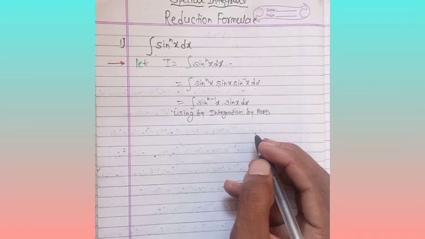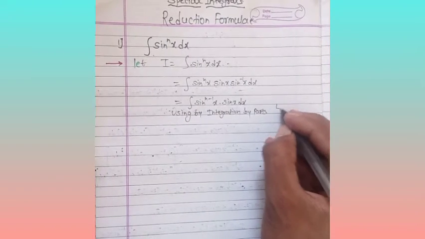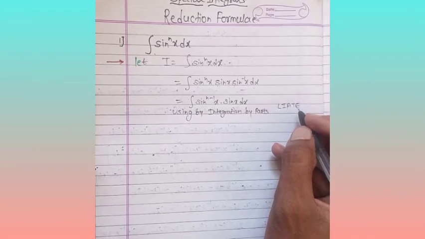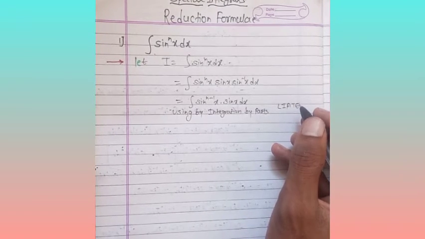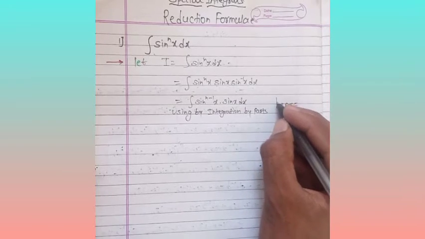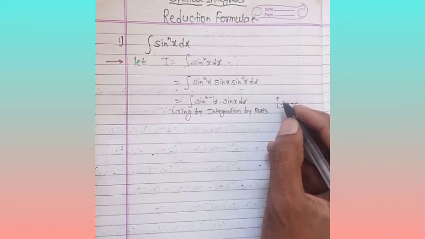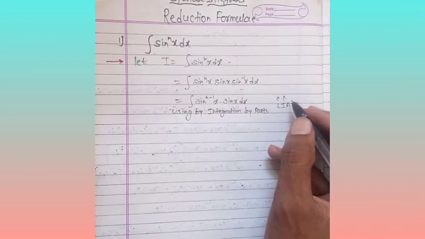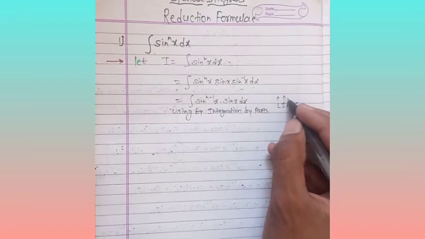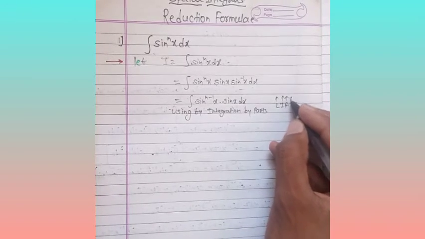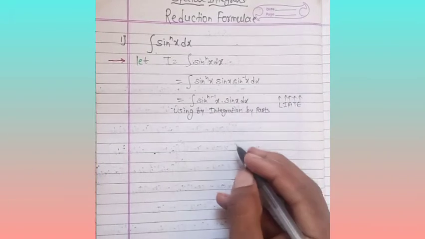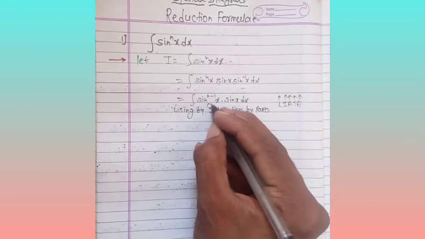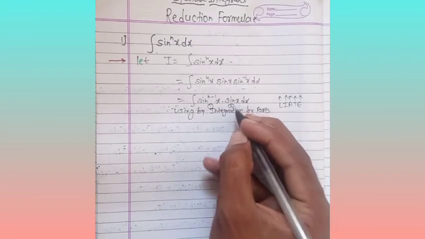So you have to use the LIATE rule. In short, we can call it the LIATE rule, in which we give a preference to the terms. Like if the first term is logarithmic, then we will assign that term as first. If the first term is inverse, then we will assign that term as the first term. And similarly algebraic, trigonometric and exponential. So here the first term will be this term and the second term will be this term.